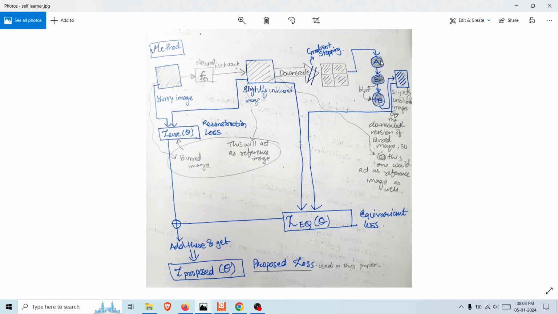have this image, we will add some noise to it again. We will make it blurry again as well, and then we will pass it to the same neural network that we have, and again we obtain a slightly unblurred image. Now you might be asking, why do we unblur an image and then blur it again, then again unblur it? This is all